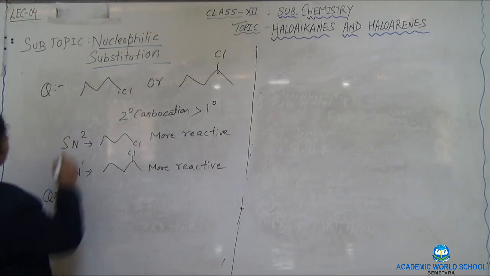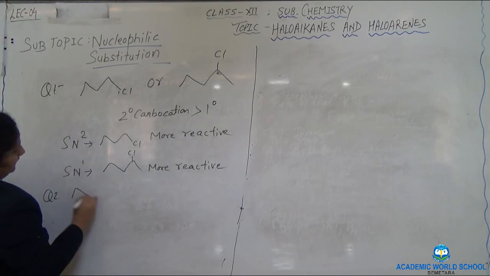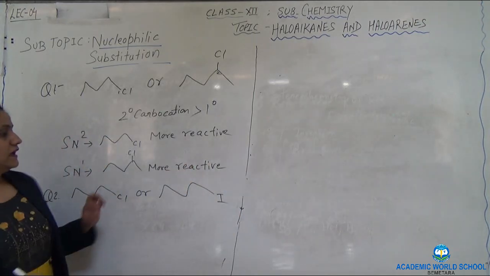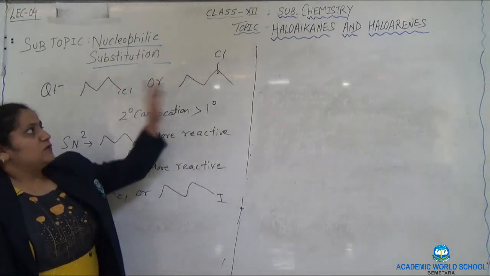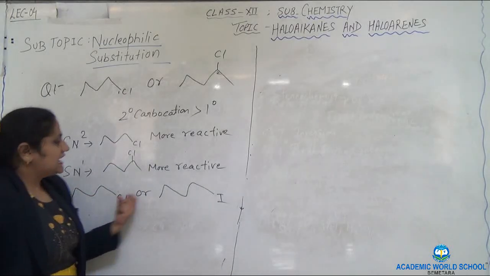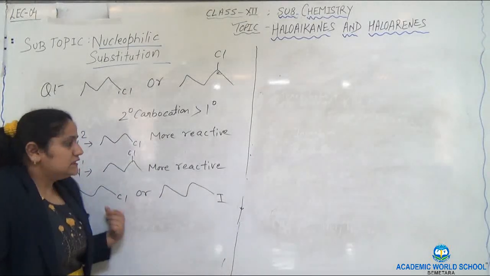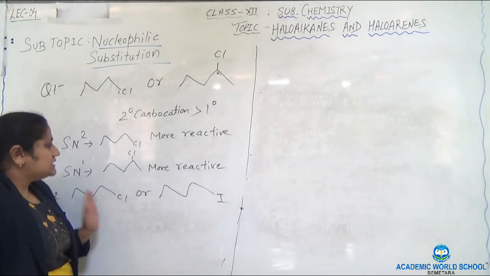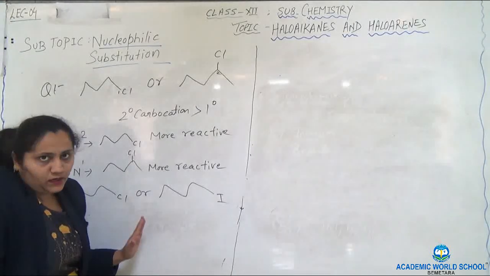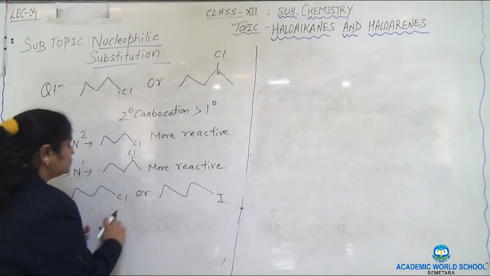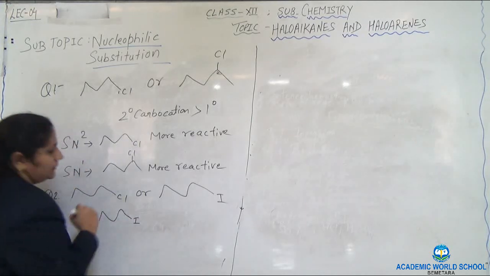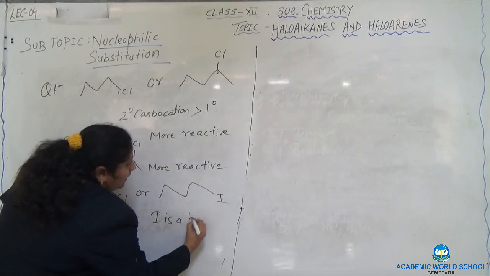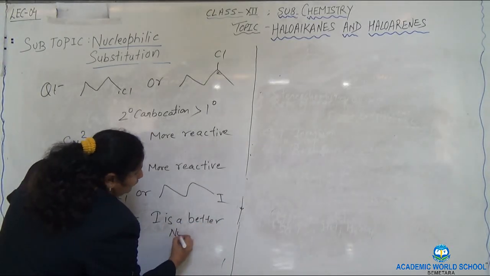Second, this is the last question. If I take this Cl or this I. Now, your answer will not focus upon the carbocation, it will focus upon the nature of the halogen atom. Out of these 2, which one will undergo SN2 faster? Because this is not the case of SN1, as we are not considering the secondary and tertiary carbocation. We are dealing with the primary carbocation. So, out of these, this I will be the more effective nucleophile, because iodine is a better nucleophile.